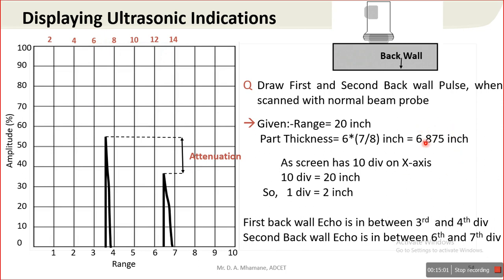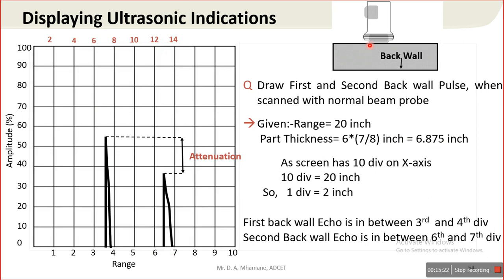So as we have part thickness 6.875 inch, first back wall echo comes in between third and fourth division. So in similar pattern, second back wall comes in between sixth and seventh division,